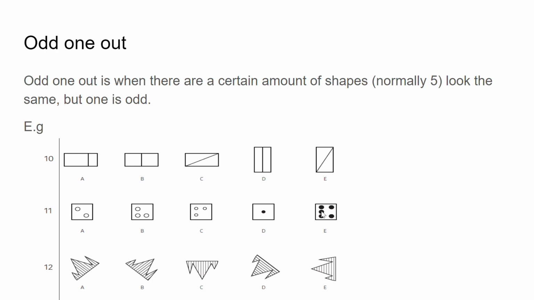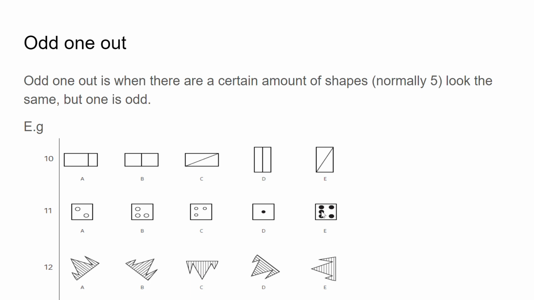Now question 12. A, B, C, D, and E. They are all stripy. So you need to rotate the shape. In the exam, you can just rotate a piece of paper, and if say you rotate the piece of paper,